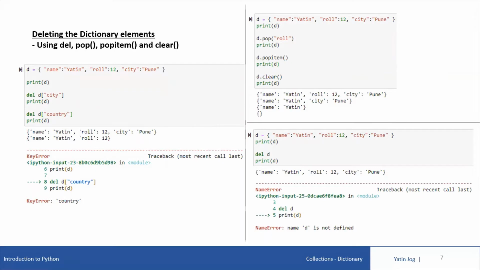Deleting the dictionary elements. So we are going to discuss the del function. Then we are going to discuss three methods: the pop method, the popitem method, and the clear method. So first of all, we'll discuss the del function. As I say, del function, that means we can call this function and then we can pass on the dictionary